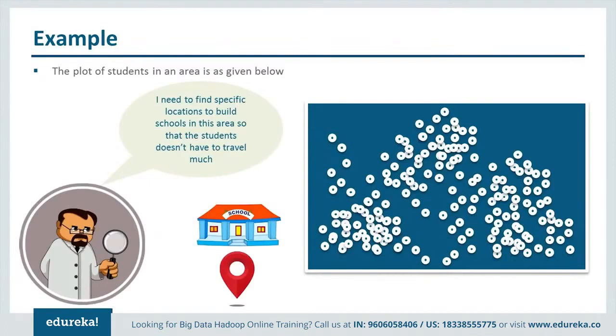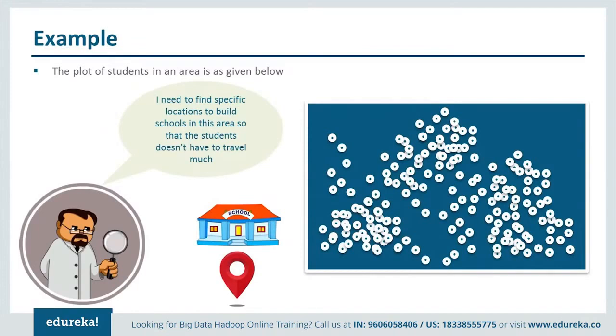Here is one more example and one more problem for you. You guys will tell me now. The problem is that I want to set up schools in my city, and these are the points which indicate where each student lives. My question to you is, where should I be building my school if I have students living around the city in these particular locations? In order to find that out, we will do k-means clustering, and we'll find out the center point, right? If you can cluster and make groups of all these locations and set up schools at the center point of each cluster, that would be optimum, isn't it? Because that is how the students have to travel less.